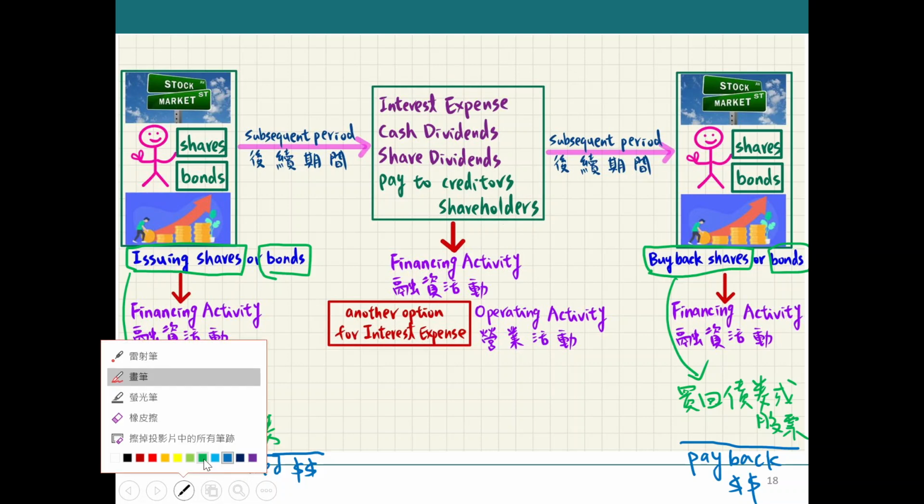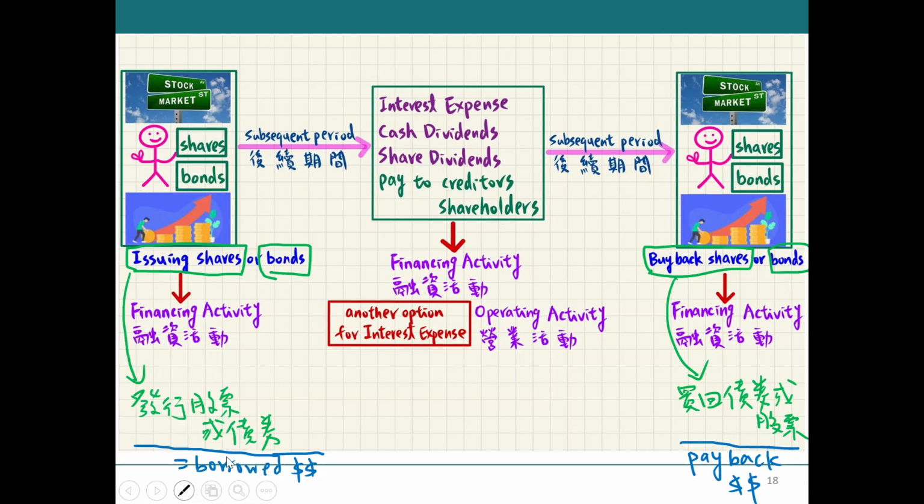So we have interest expense occurred, because you are the debtor. 债务人。